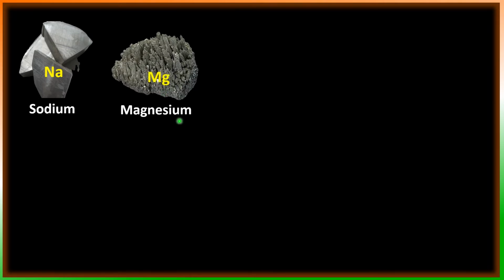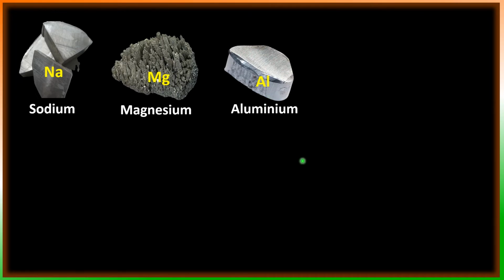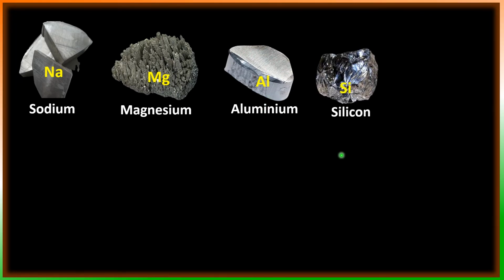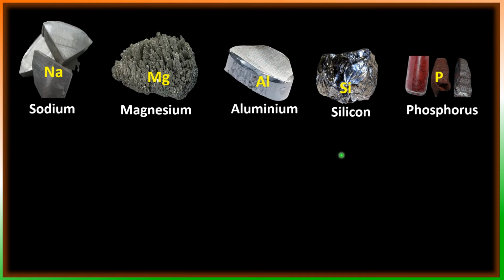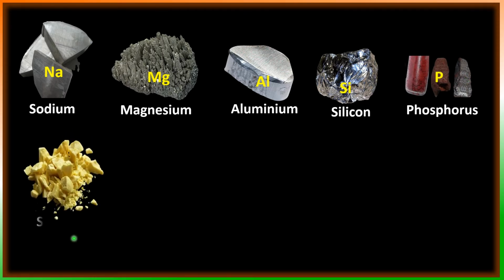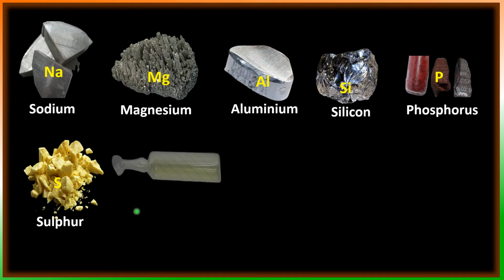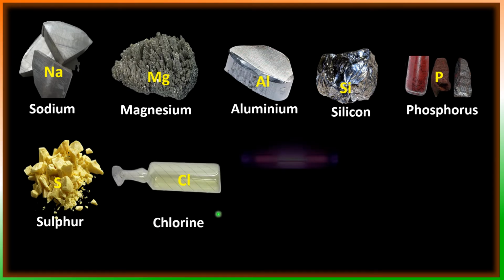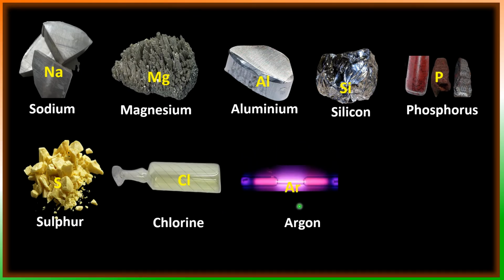sodium Na. The Latin name of sodium is natrium. So, the symbol of sodium was derived from its Latin name natrium. So, it is Na. Next, magnesium Mg, aluminium Al, silicon Si, phosphorus P, sulfur S, chlorine Cl, argon Ar,